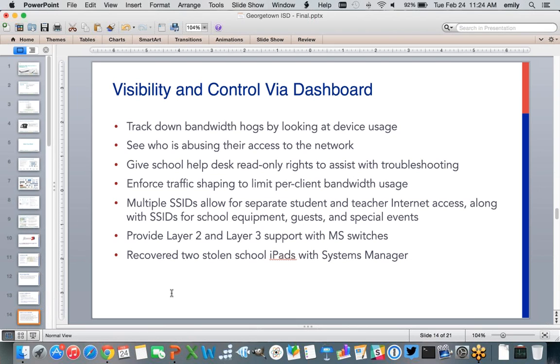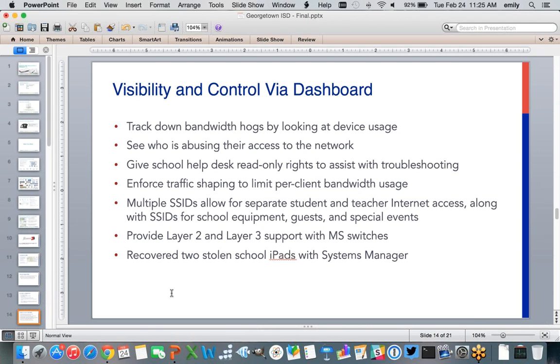But we're able to track down... We filter for our students to try to make sure they don't go to the wrong sites, but a lot of times they will use VPN connections to get around that. Well, it's very easy for us to track down those VPNs because usually those are some of the higher usage sites that show up. So that's really opened up a lot of visibility for us. We can track that down very easily. It's not always quite so easy to block it, but at least we're able to find that pretty easily and try to prevent kids getting around the filter.